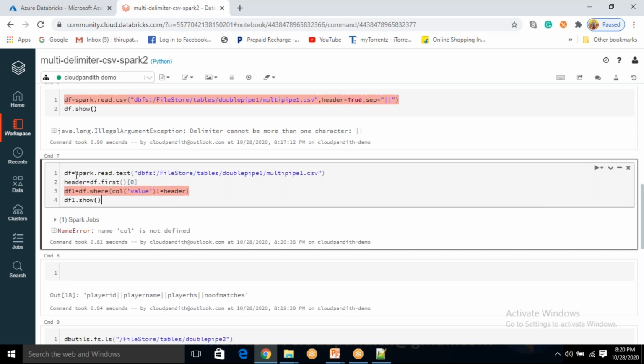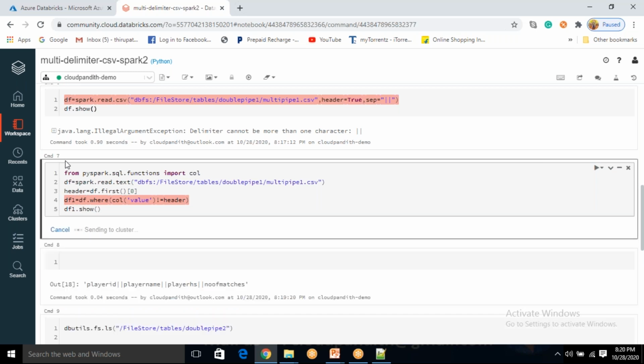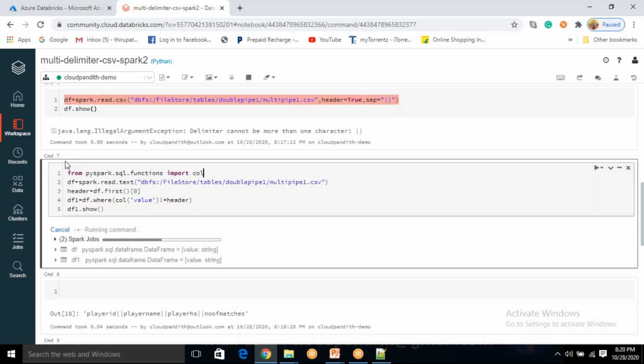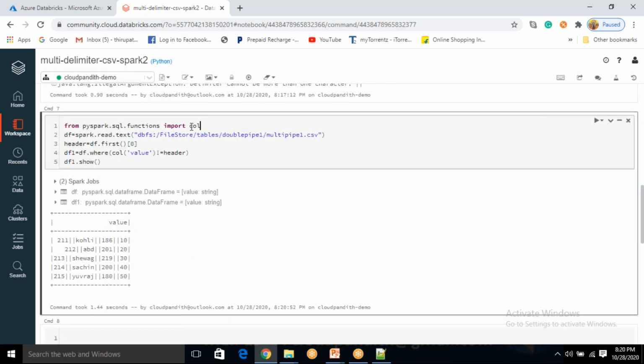Okay, what is col? Col is a function that you need to import, friends, from pyspark.sql.functions. It's a SQL function that you need to import. How will you import? You can say import col. Don't put star, because those who attended my previous session, my EDF session, will know these are the modules concept, right?